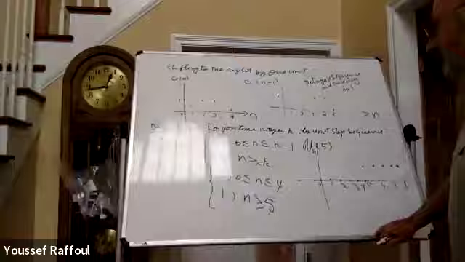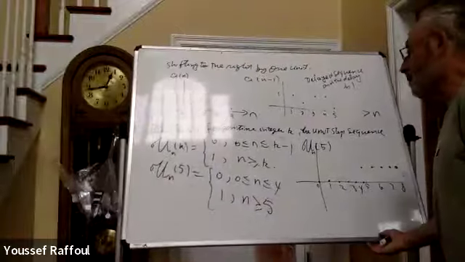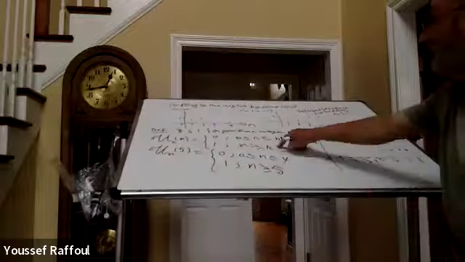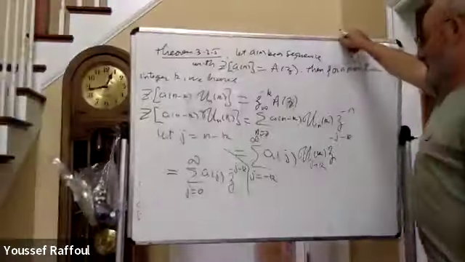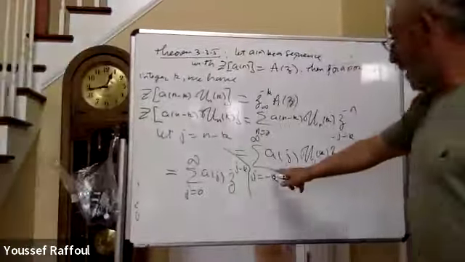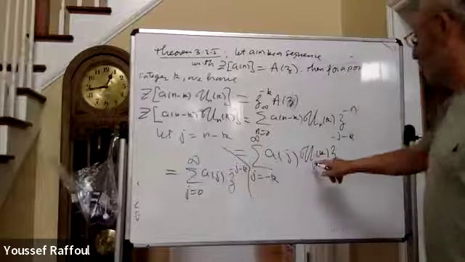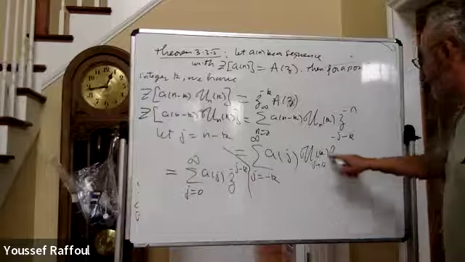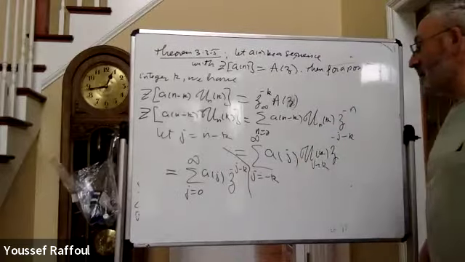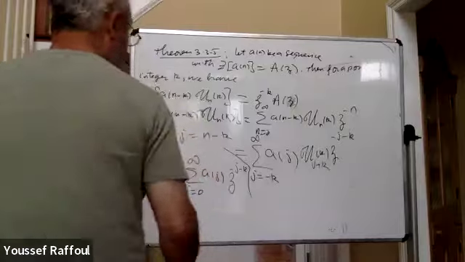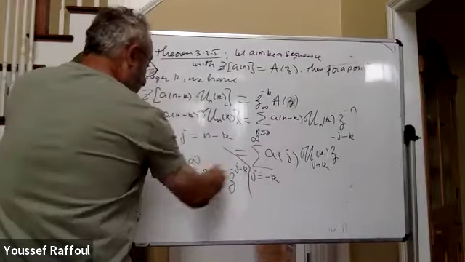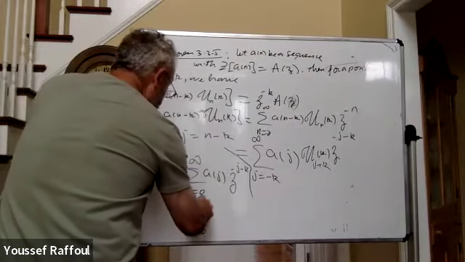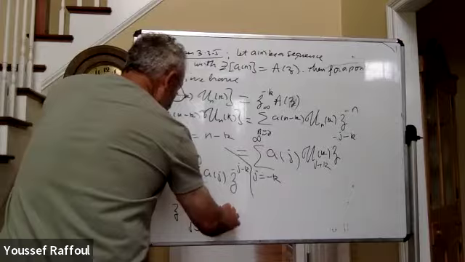So we need everything up to 0 is 0 for this, and from 0 and above, this is 1. So we're gonna replace it by 1 J minus K. Okay, so I am summing over J, so I can take the Z minus K out, the sum from J equals 0 to infinity of AJ,